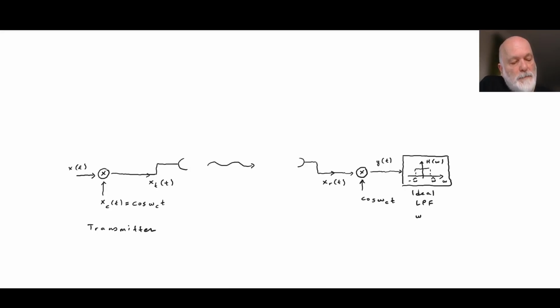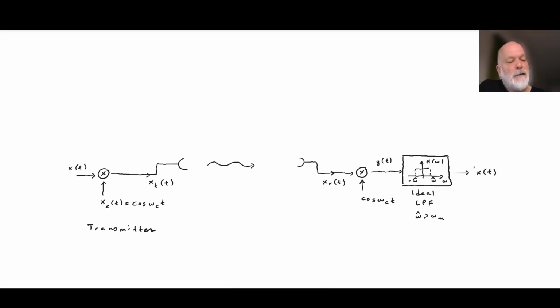And omega cap is greater than omega m, slightly greater than omega m, just to be able to capture all the information related to the signal x of t,